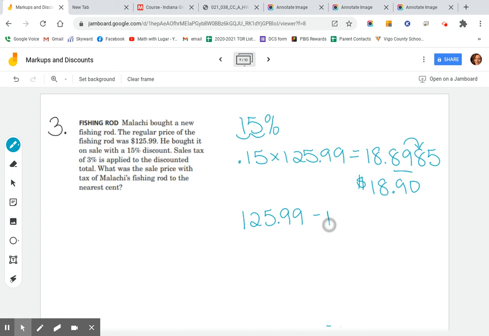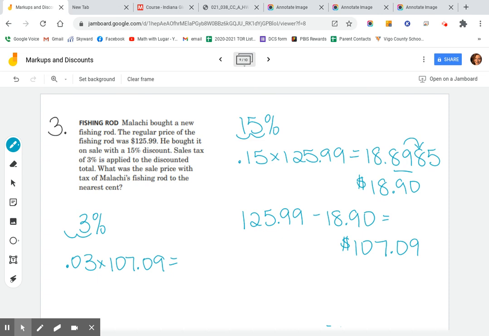99 minus 18.90. Let's see what our new price tag would be. The new price tag is going to show $107.09. But now when we go up to the register, tax gets added onto that. So now I'm going to take that 3% tax, scoot, and make that 0.03. Take that times the new price tag, the 107.09. 0.03 times 107.09 gives me